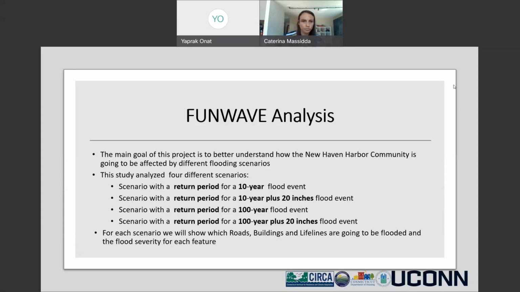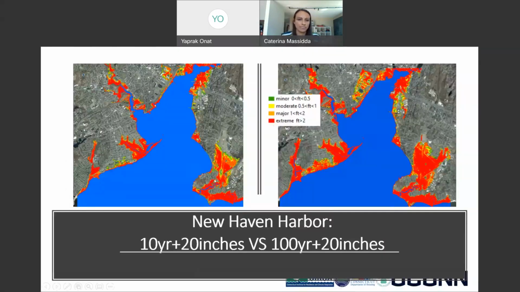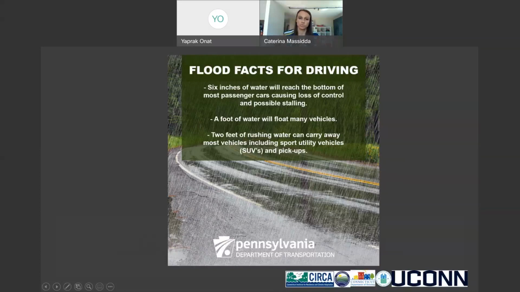severity for each feature. On our left, we have the sea level rise scenario in 2050. We can see that the New Haven Harbor area will be affected, and an extreme flood event in 2050 would look like the right map. We were able to see which roads are going to be affected, and using this flood fact sheet that